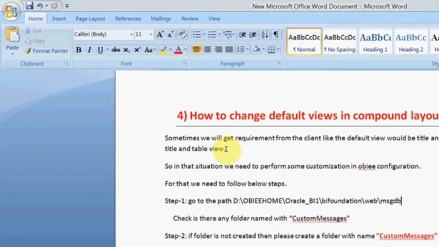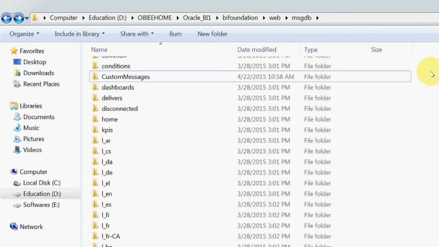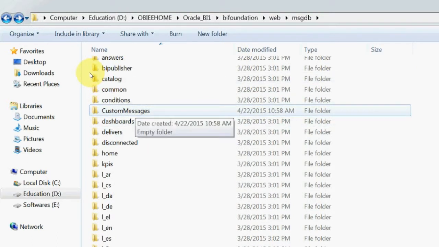Let's copy this and go here. See, now the custom messages folder is visible and it was created on 4/22/2015. So just now I created it.